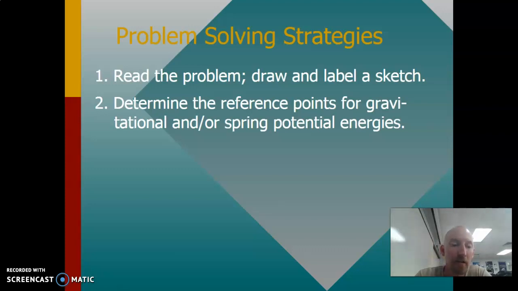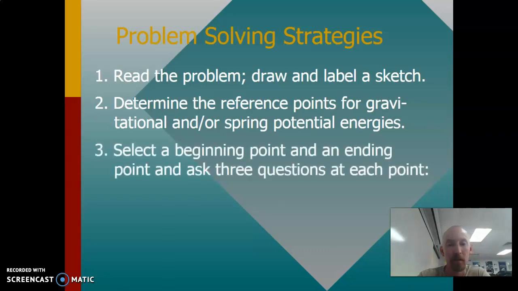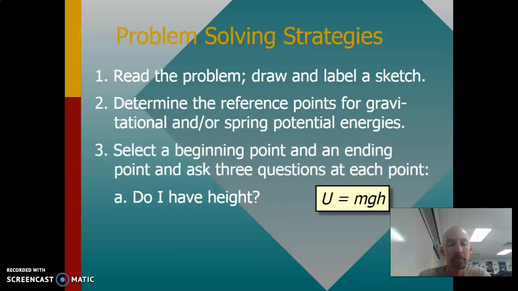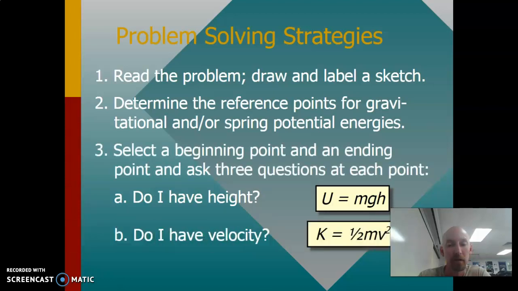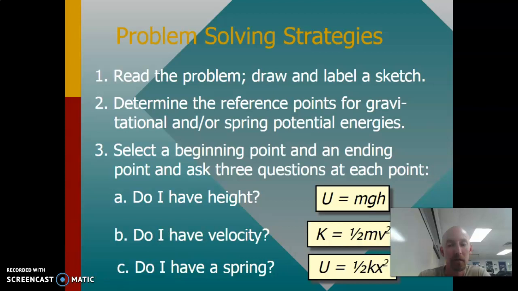For energy conservation problems, it's a little tricky because you have to know where the beginning is, where the end is, or where the origin is. Is it going to be at the bottom? Is it going to be at the top? And it kind of depends on you and what you want. But I think this is a good way to approach these problems. And this is a good review of the energy topics that we talked about last year.